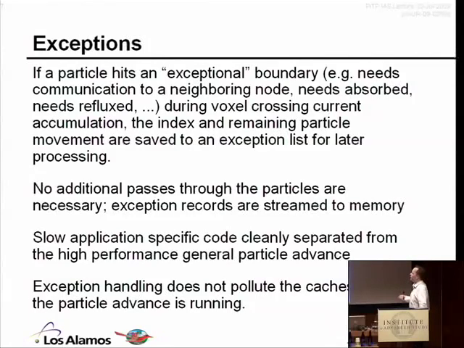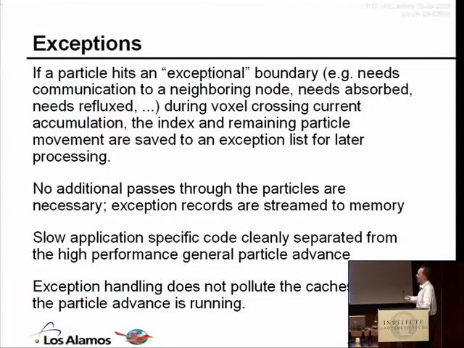Last main feature, well, there's one more main feature I'll get to in a second, but the second to last feature here on VPIC is that we don't do any of the irregular processing that occurs in the code in the main loop. So if a particle hits an exceptional boundary, for example, it might need communication to a neighboring node, it might need to be absorbed, it might need a refluxing boundary condition, whatever. We don't handle it here. When it hits that boundary, we just make a note of it in a separate stream, which we call the exception stream, and then afterwards we process it